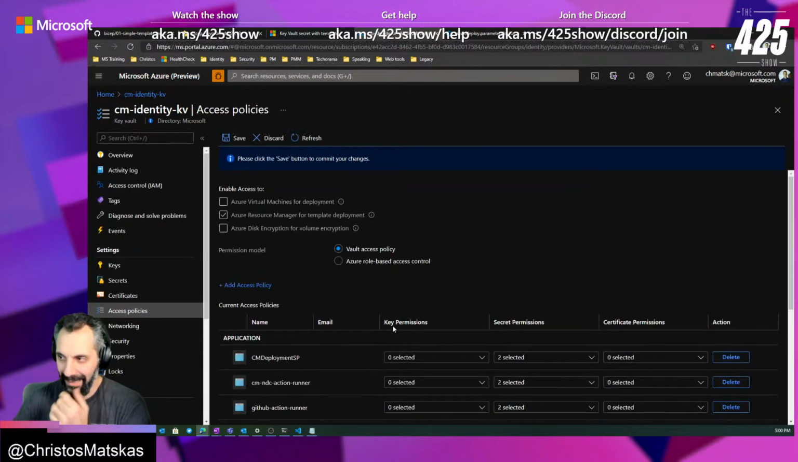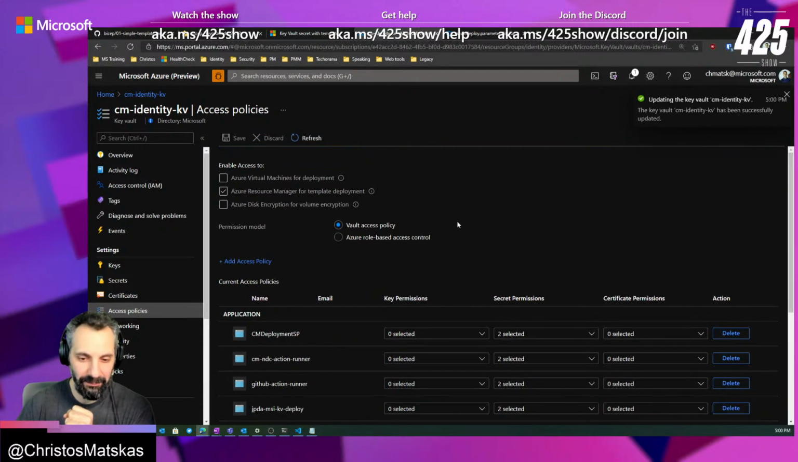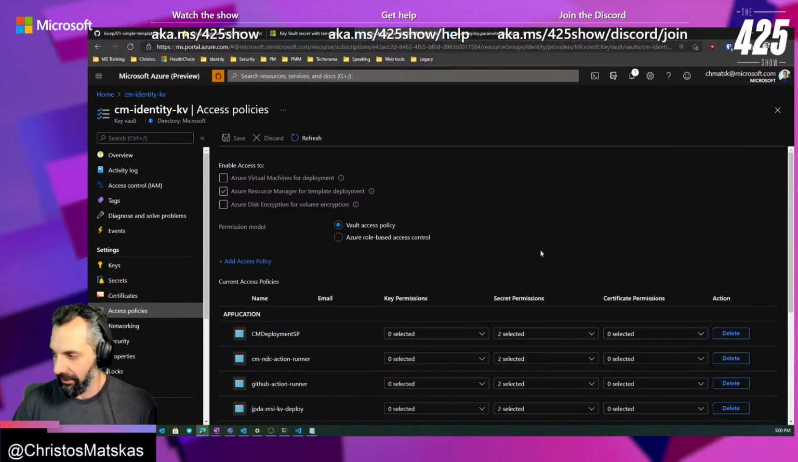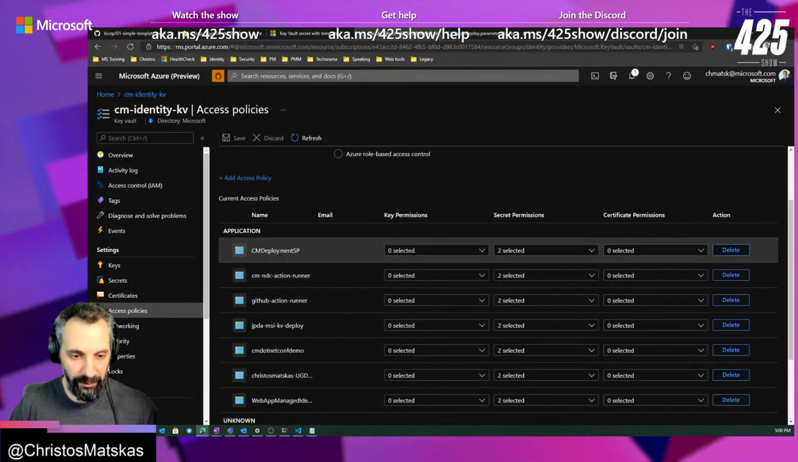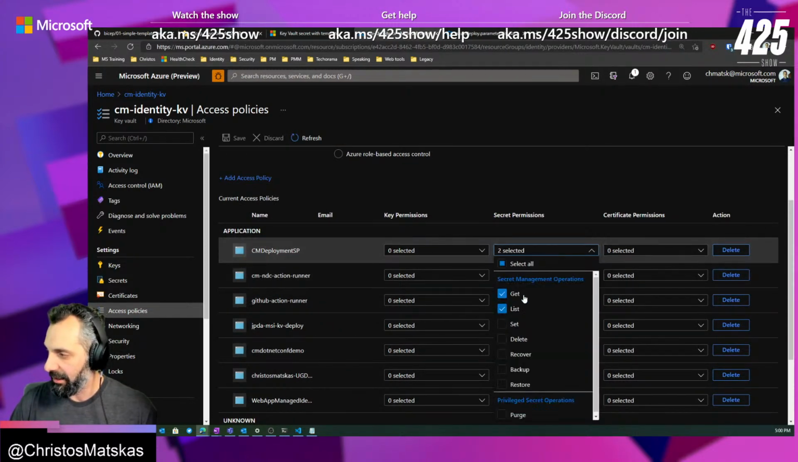Now, don't forget to press the save button, because I've done it before and it sucks, because if you don't press the save button, things will fail. And you're like, but I added that account, it should be there. Right, just to validate, my CM deployment service principal, which I use for deployments, is here,